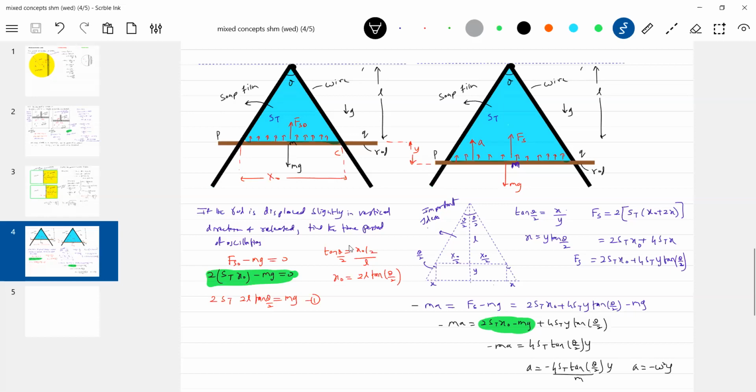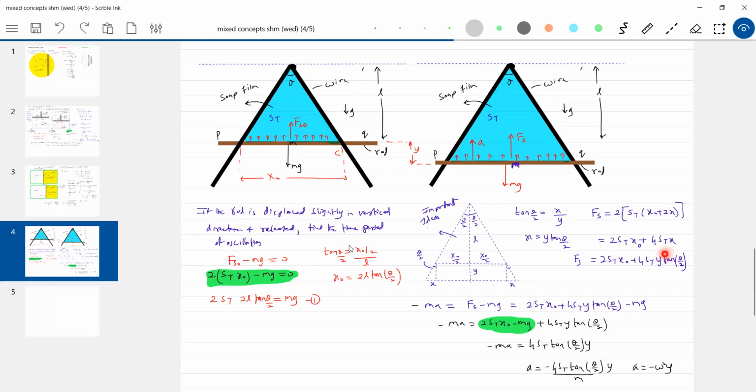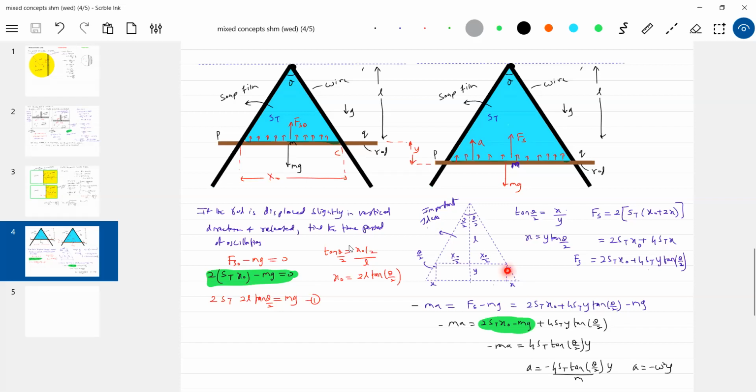We ended up with an answer somewhere like this, no? Let me check once. This is 2STX, that one. What is X? We can write it from this one. Tan theta is equal to